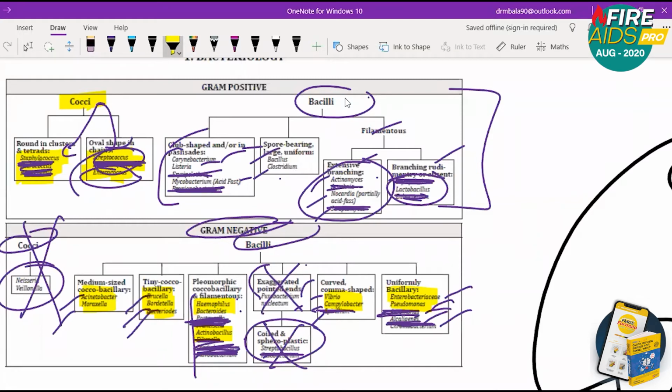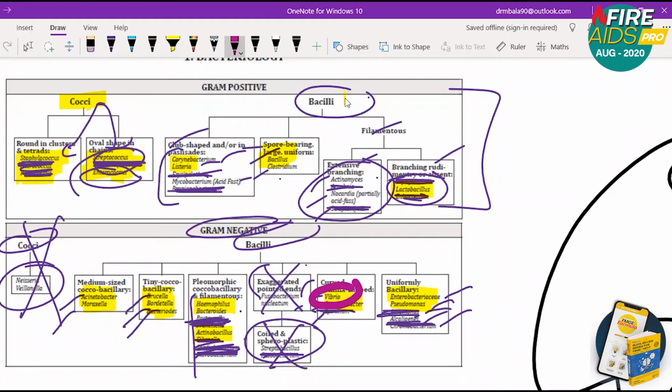Okay. Why I'm saying this now is it's a direct question. If you get a clinical case, for example, a patient with dysentery, just like that, a patient with dysentery. In the exam, the clue they are giving is that this is a gram negative bacilli. That is the clue they are giving, and you are having the options. You are having Listeria as an option. You are having Bacillus as an option. You are having Actinomyces as an option. Lactobacillus you are having as an option, and Vibrio is an option.